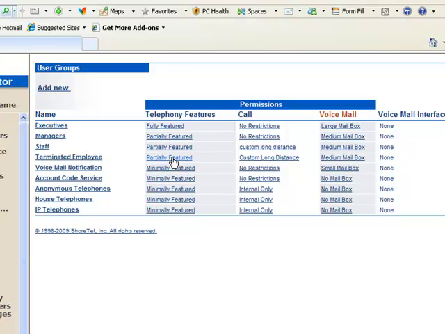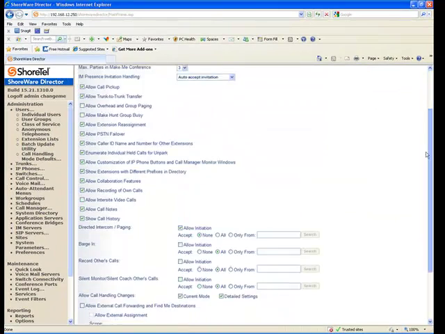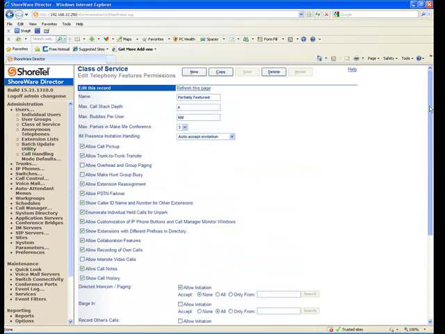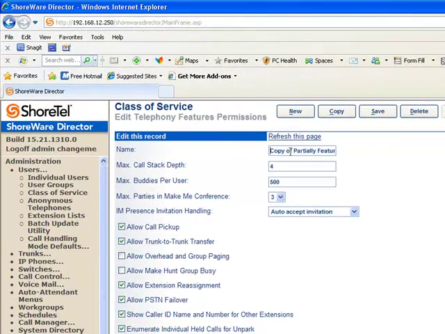Chances are they aren't. So though I can go click on partially featured and see what that means, I may just want to create a new feature here. So I'm going to copy this one, and I'm going to say termination. So we're going to set a class of service for features, and my sense of it is we don't want